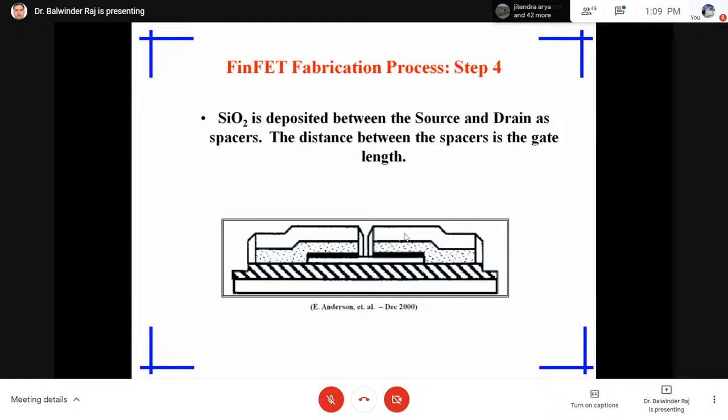We can add the oxygen externally, and there is a chemical reaction between the silicon and oxygen, and silicon dioxide grows automatically. But if we use a spacer of silicon nitride, then this cannot be grown automatically,